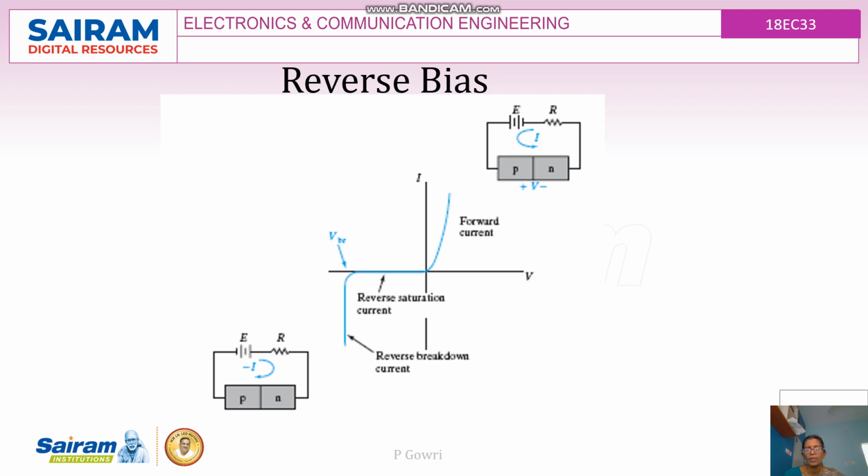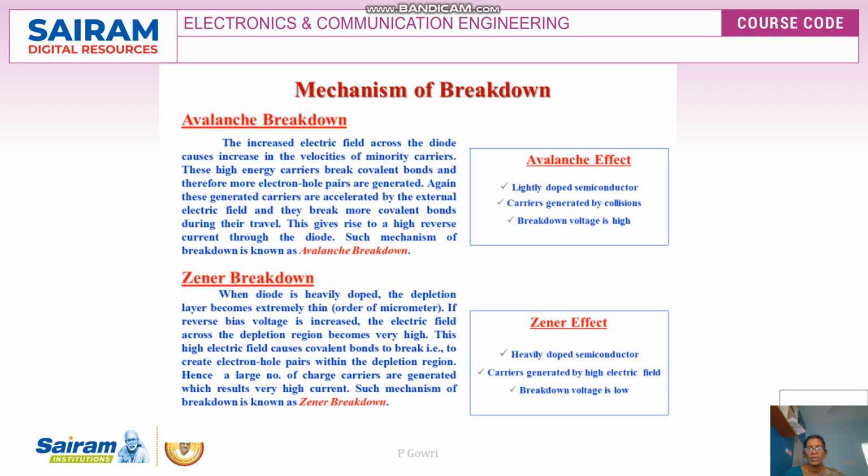So what causes this breakdown? This breakdown mechanism can be of two types. One is called the Zener breakdown mechanism and the other one is called the avalanche breakdown mechanism. In the previous video we discussed what is meant by Zener breakdown. Zener breakdown is when a diode is heavily doped, the depletion region becomes extremely thin. That is, the depletion region width will be less for the heavily doped diode, and in that case if my